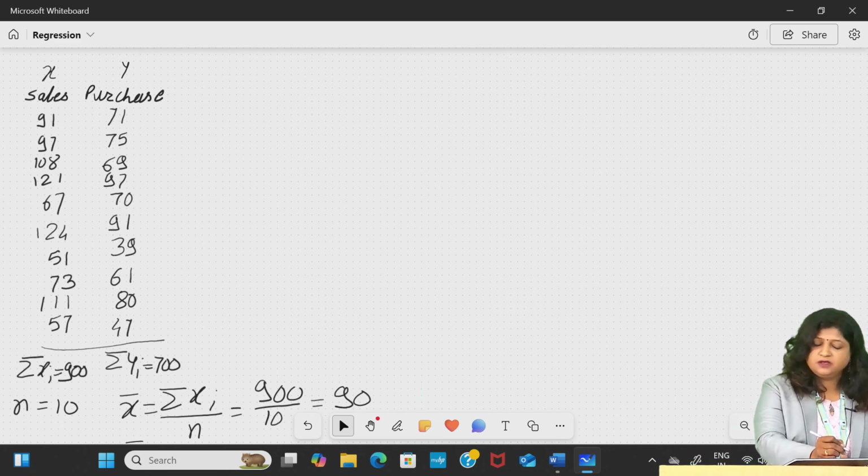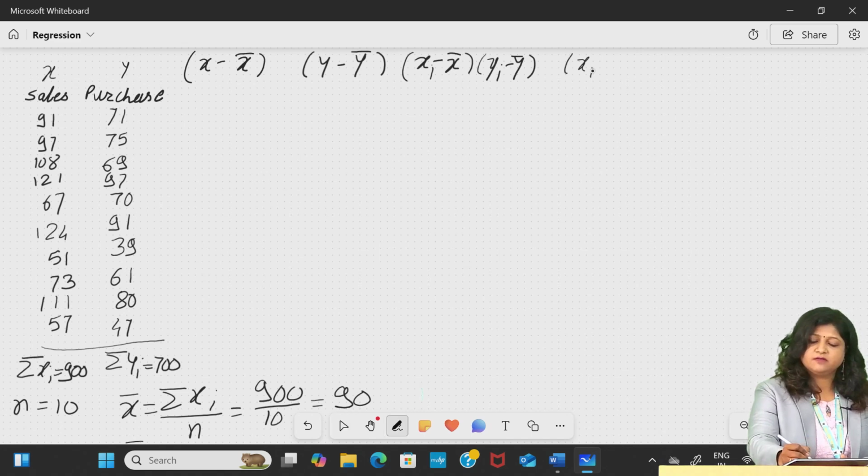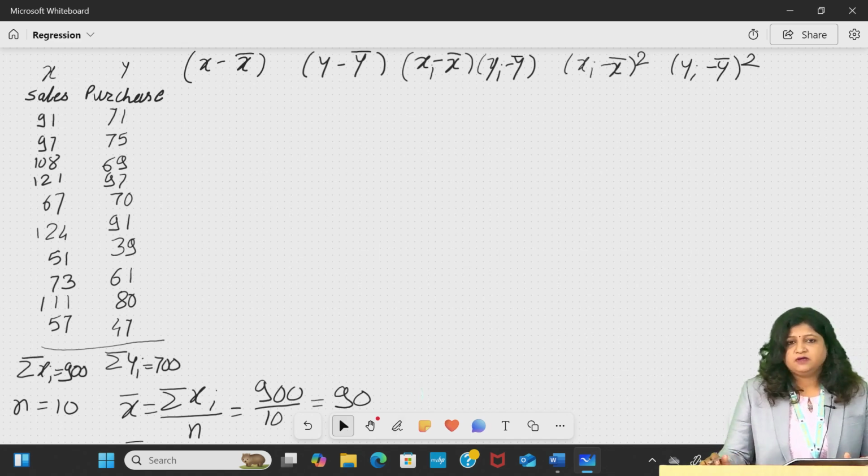So here we have x minus x bar, y minus y bar, x minus x bar into y minus y bar, then the columns (xi minus x bar) square and (yi minus y bar) square. So if we calculate all these values, we are getting